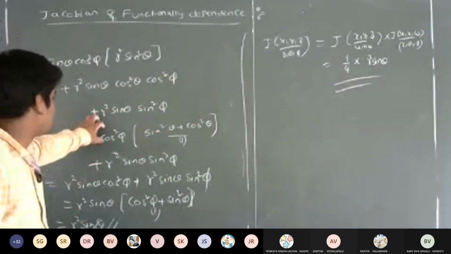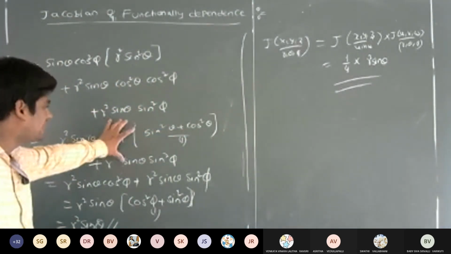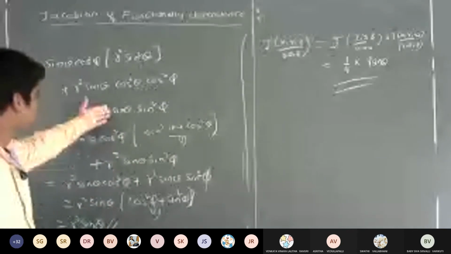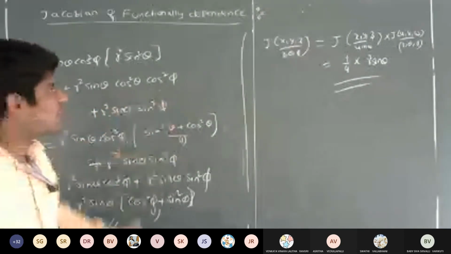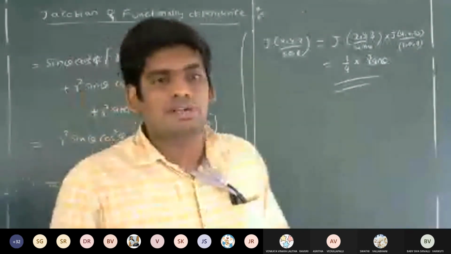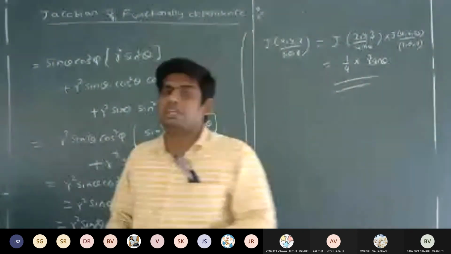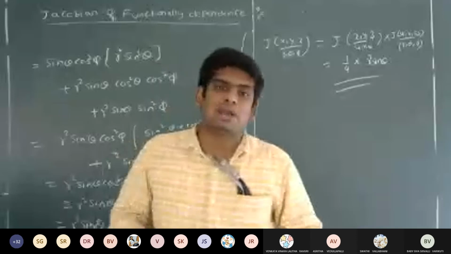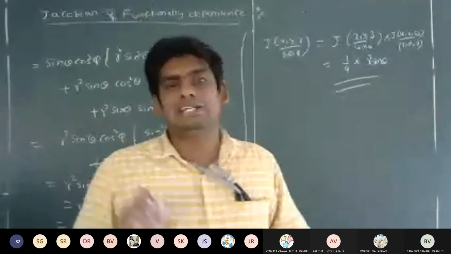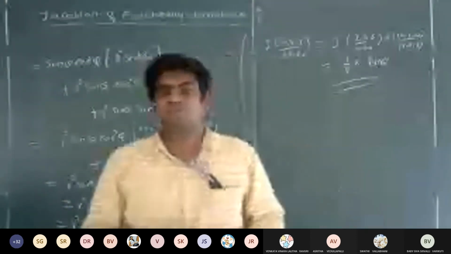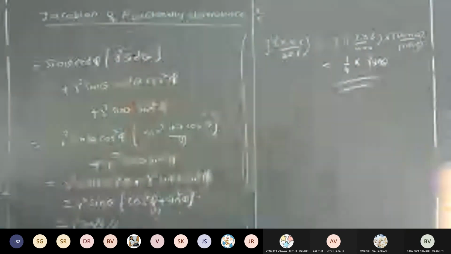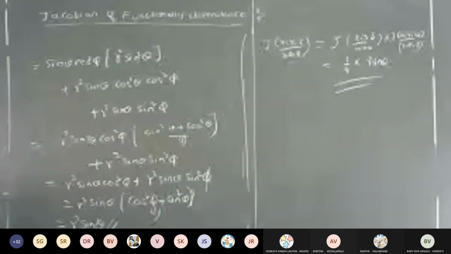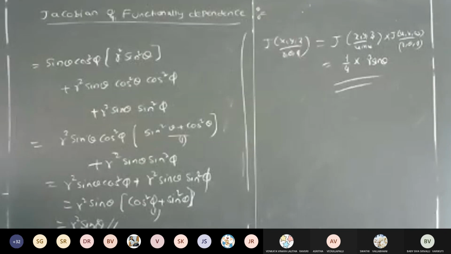So in the evaluation process, we have to do it very carefully. If you solve the problem in a step-by-step manner, definitely you will get the required result. Otherwise there is a chance of getting confused, because in the 3 by 3 matrix we have some lengthy terms, so we simplify very carefully. Then finally we get the required answer. So r squared sin theta is the Jacobian for the second one, and the first one is 1 by 4. Is it clear to you?